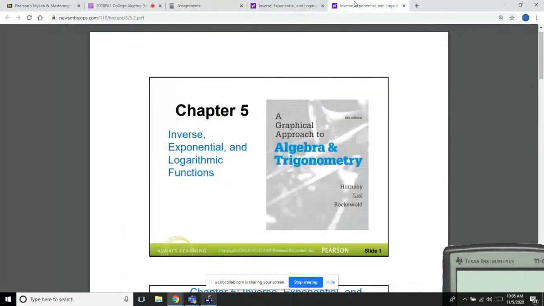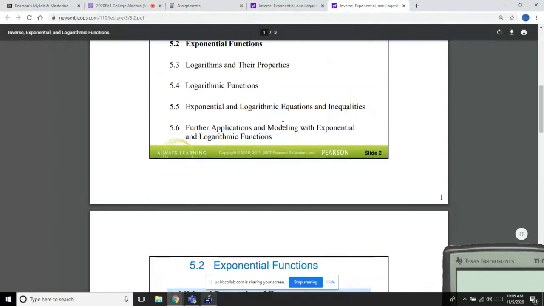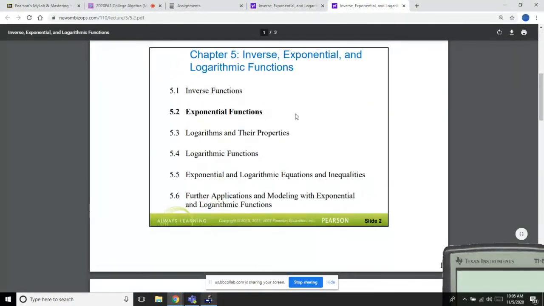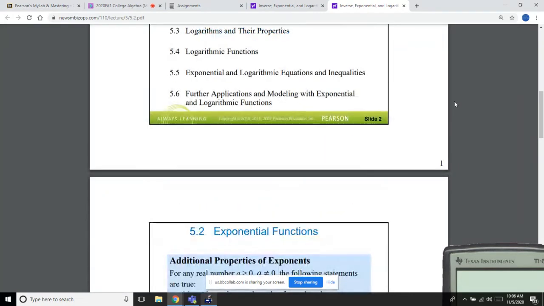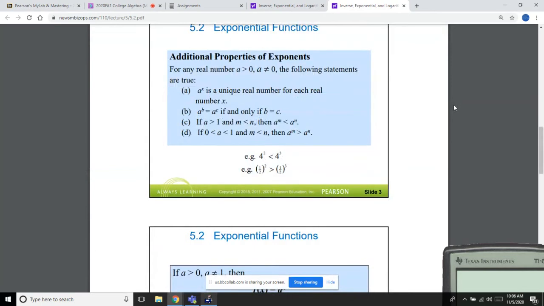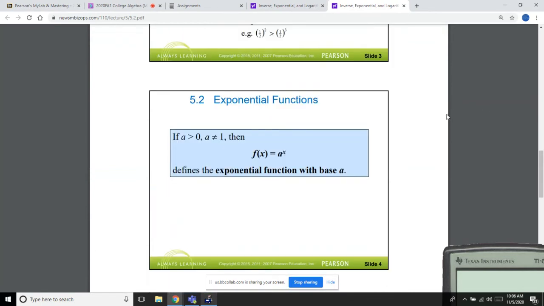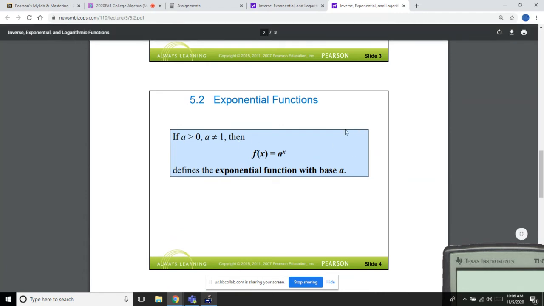All right, next we'll take a look at 5.2. In section 5.2, we will explore exponential functions. I'm going to skip the first slide briefly. And here's the definition for an exponential function. If a is greater than 0, right, so a would actually be the base of your exponent, and a cannot equal 1, then f of x equals a to the x defines an exponential function